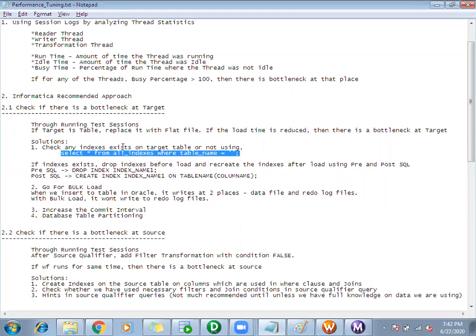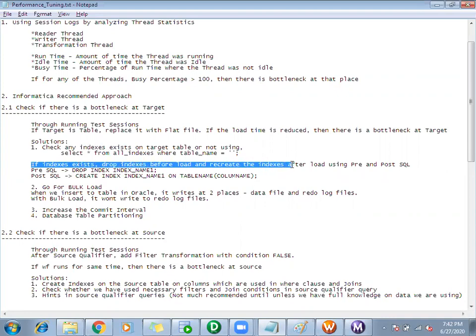If there are any indexes, then what we do is drop the indexes before load and recreate those indexes after loading using pre and post SQL. This is created at the table level so that whenever you want to extract the data from the table, there won't be any performance issue. But it is creating an issue while loading.